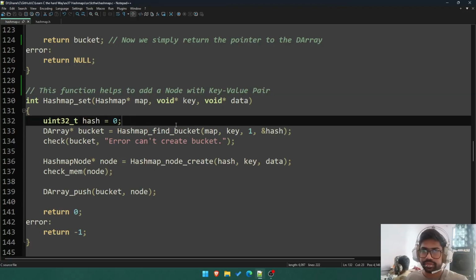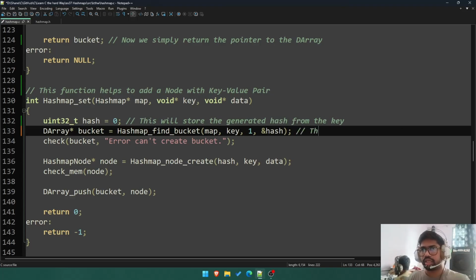Okay, so this will store the generated hash from the key. Okay, then we create a new bucket if